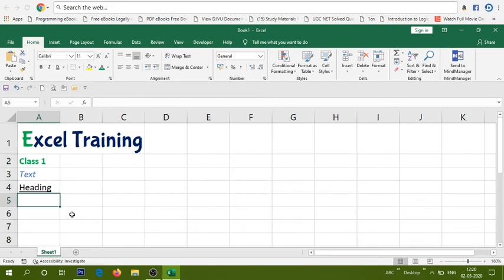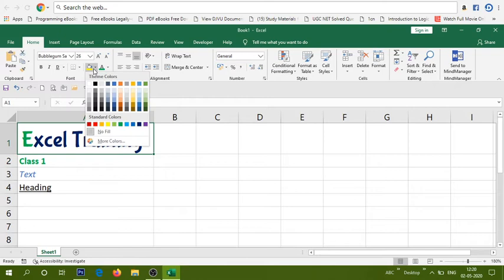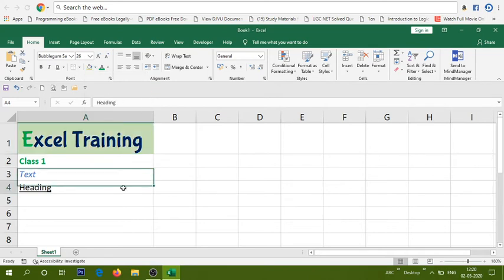And if you want to highlight some background, like this is the heading, I want to apply some background color for this. So here we have fill color. Click this button, and you can see the same color palette again. Whichever color you apply will be applied as a background. Suppose let me choose something like green. So a light green background will be applied.